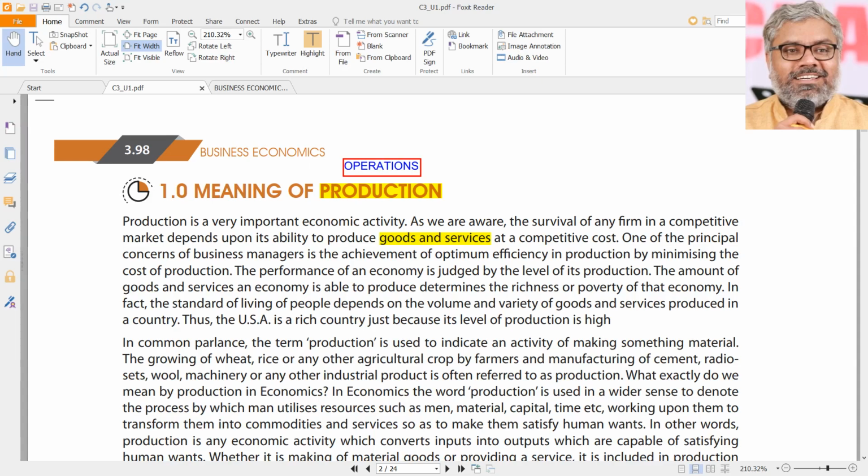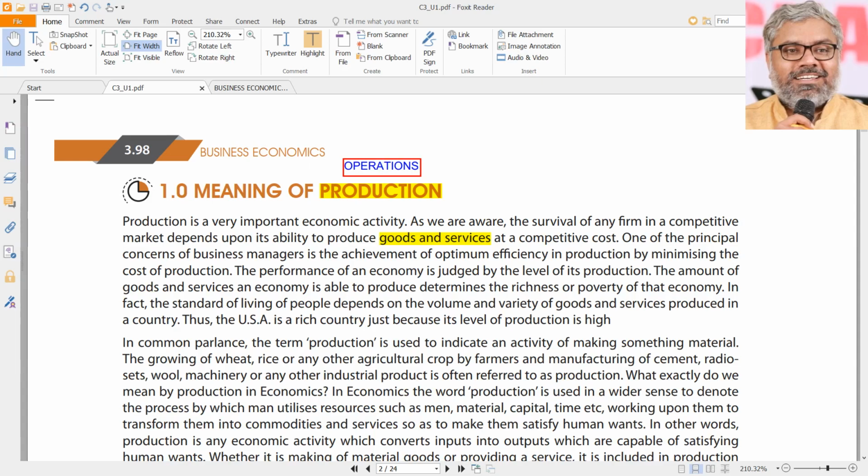Then what is production? What is operations for any organization? That depends upon the organization. For a hospital, treating the patients is operations, not just the operating theater. For an educational institution, teaching the students is operations. For a manufacturing industry, manufacturing the commodities and goods is operations. For an airline industry, taking the passengers from one place to another through aircraft is operations. Whatever the core activity of that organization is, that's what we call operations, and that is what is production, simply speaking.